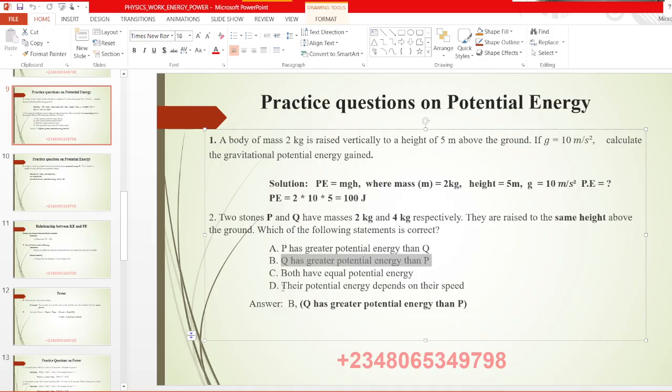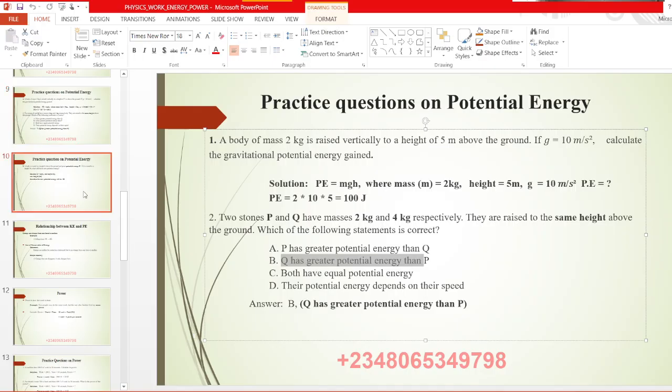No, you are now talking about kinetic energy there, because before speed can happen, they must be in motion. So the correct answer is Q has more potential energy than P, meaning that potential energy is directly proportional to mass. As the mass continues to increase, the potential energy also increases. Let's look at another question